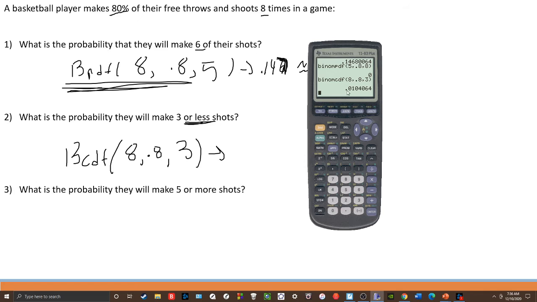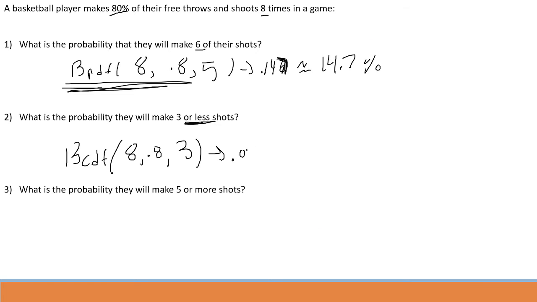And we get 0.010, or roughly 1%. So there's a 1% chance that he makes 3 or fewer shots, which again might seem odd, because you think,